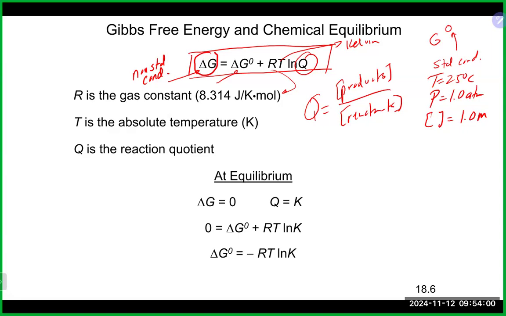Now, if you happen to be at equilibrium, the top equation, a couple of those things end up being sort of zeros. Actually, the non-standard delta G will equal 0. And if you are at equilibrium, we're no longer calculating Q, we would be calculating the equilibrium constant. And if you substitute that in, you do get this equation here, which is delta G naught is equal to minus RT natural log of K. So again, this sort of opens up